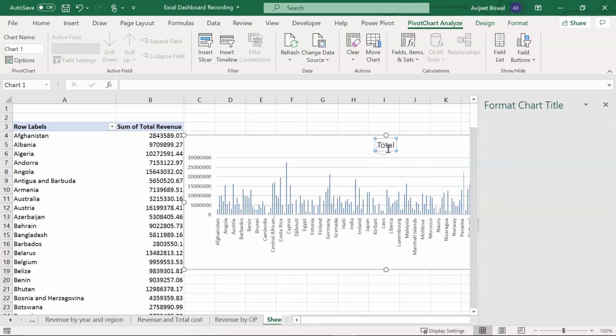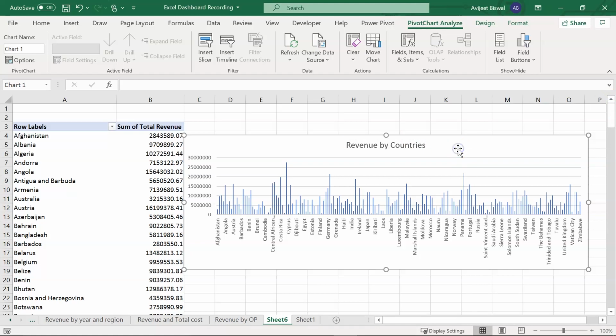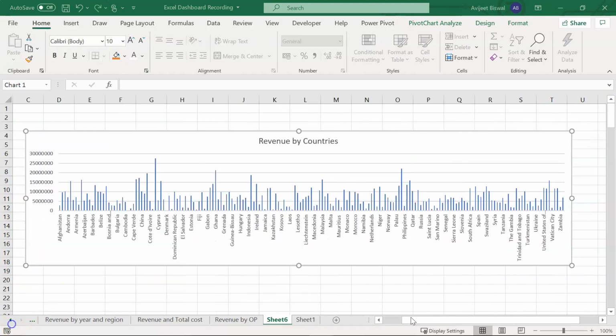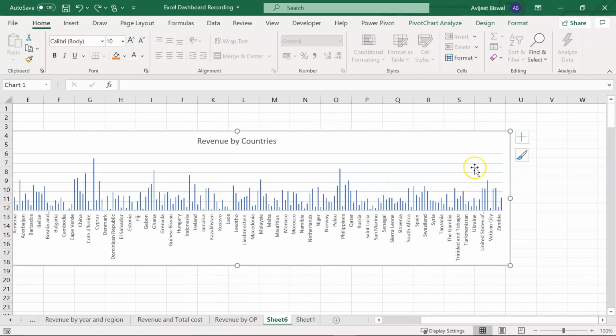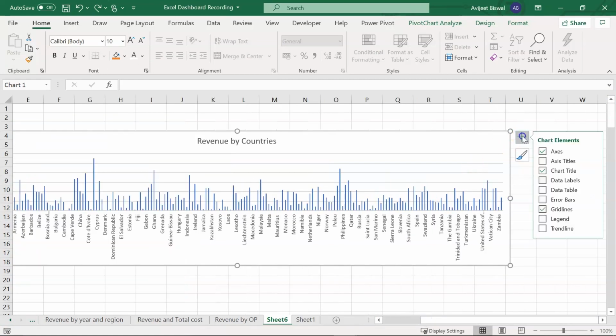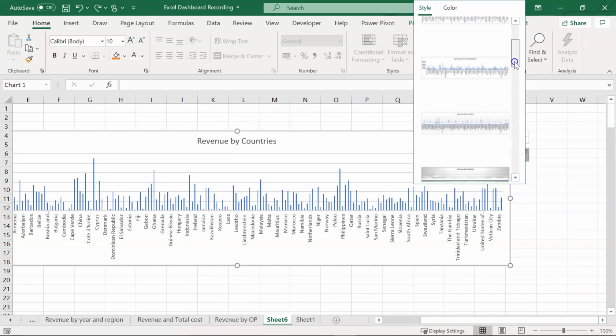Here I'll write revenue by countries. This is going to be my chart title. Okay, let's format this chart a little more. So I'll click on this option and we'll select a new style.